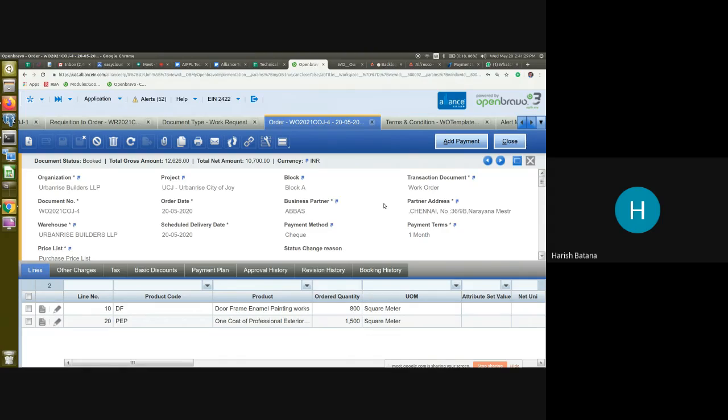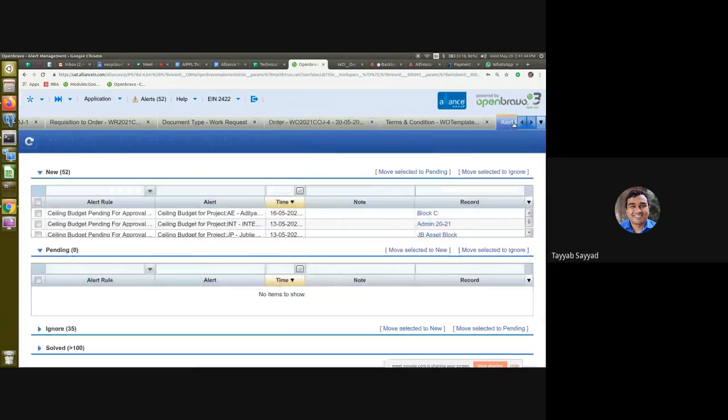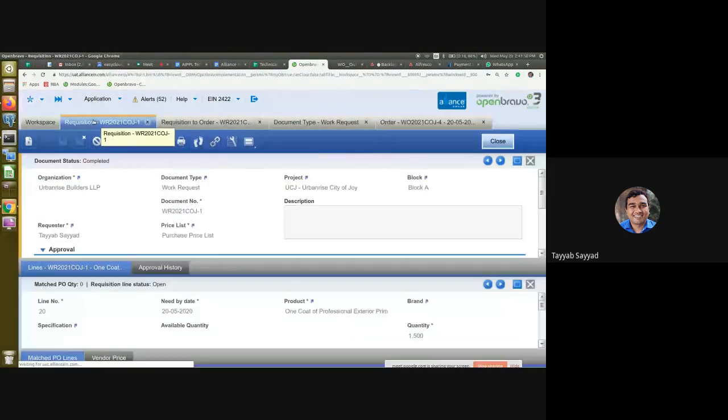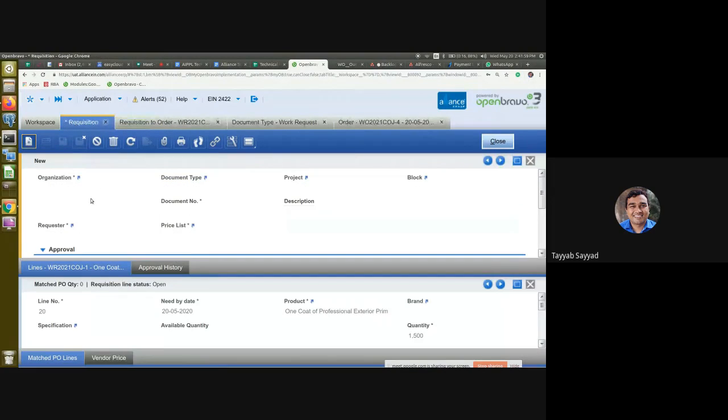But can we finish the hire order and labor order cycles? Yes, yes. So this is about the order screen, and we'll see the hire order and the labor order part. So we'll go back to the requisition screen and create the hire order and the labor order. So I again came back to this requisition screen. I'll click on create new record.